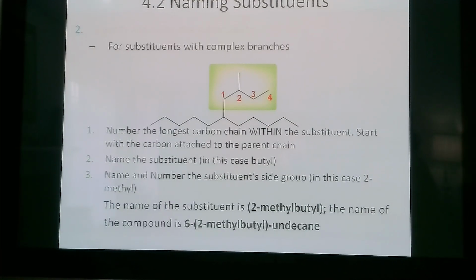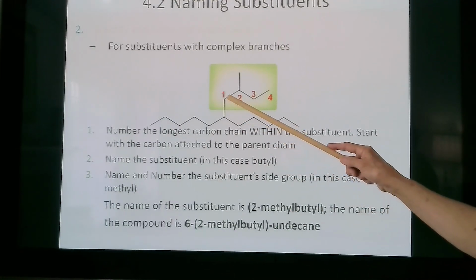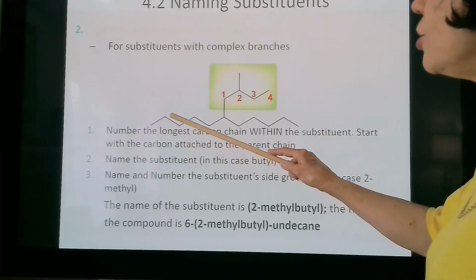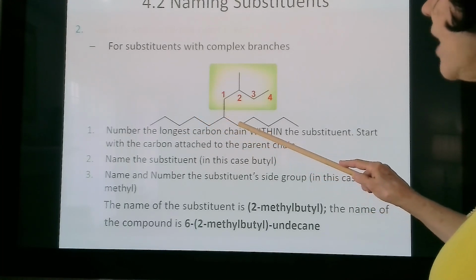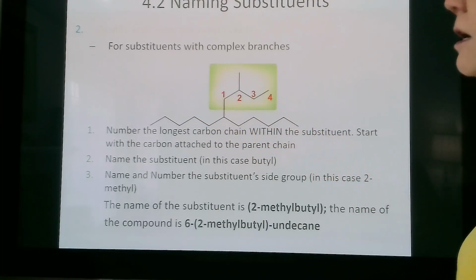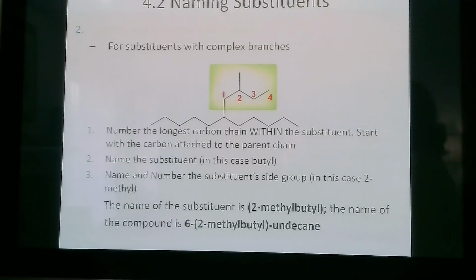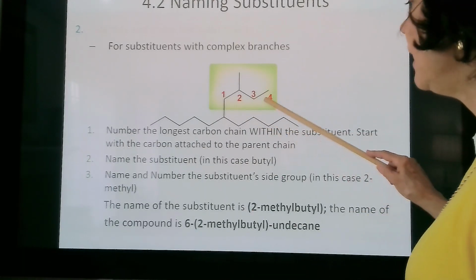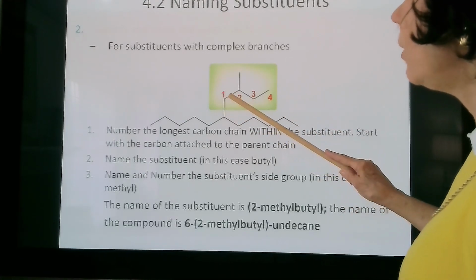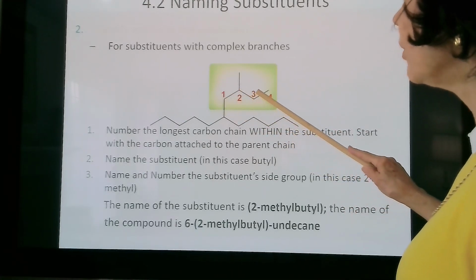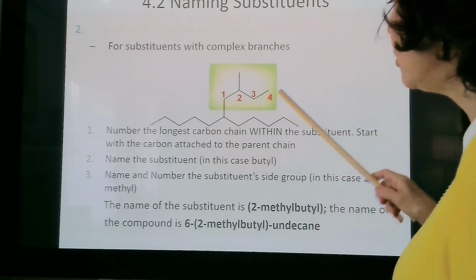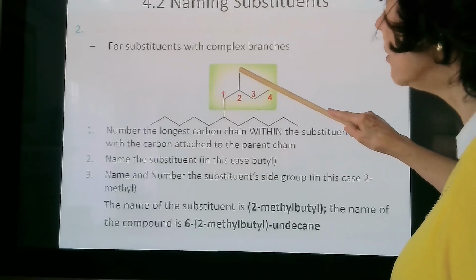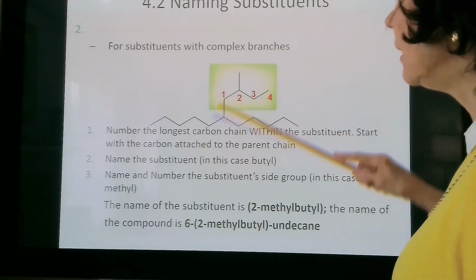In cases where you have substituents with complex branches, notice this is a complex branch. So this is 1, 2, 3, 4, 5, 6, 7, 8, 9, 10, 11. So this is going to be something undecane, okay? And this is going to be the something. And so it's 1, 2, 3, 4. And so this is going to be a butyl substituent with a methyl in the second position, so at the